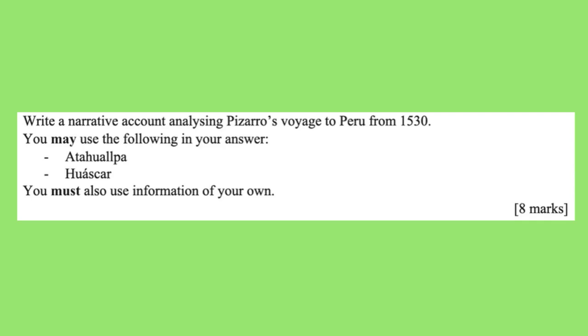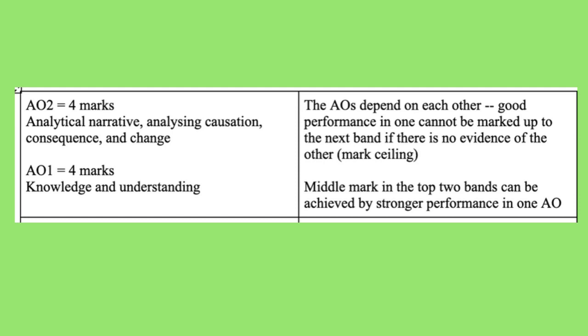Write a narrative account analysing Pizarro's voyage to Peru from 1530. You may use the following in your answer: Atahualpa, Huascar. You must also use information of your own. 8 marks. Here's the mark scheme for this question, which you can find out about in more detail in the